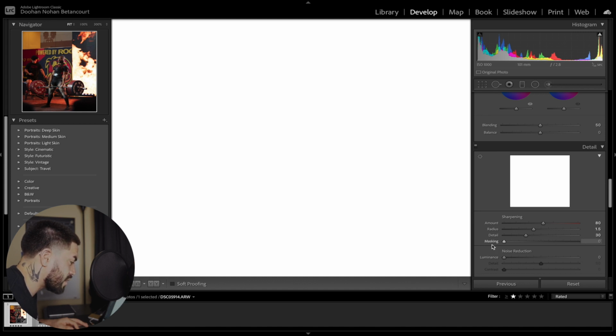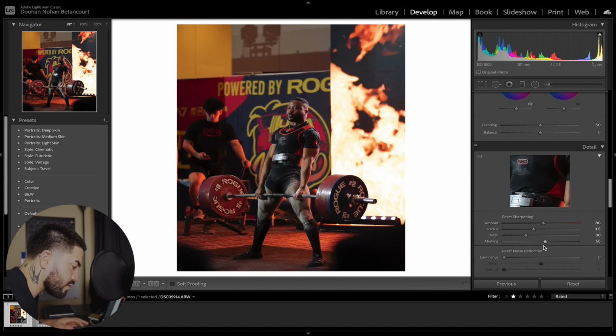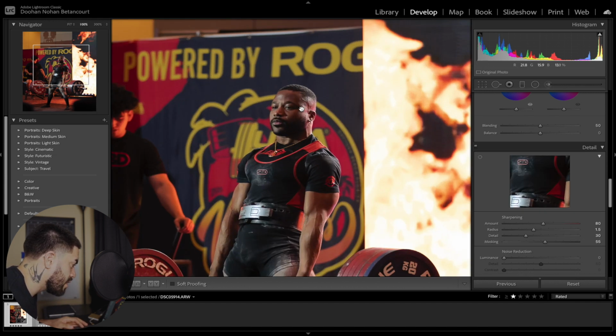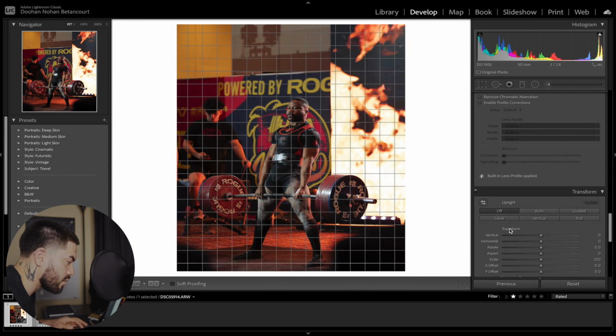And this is sharpening up everything. So we just want to sharpen like the outside borders of the individuals, so that should be good. And then before and after on that, you can see, especially right here, slightly just sharpen right there, so that's solid. Nothing too much on the noise reduction.